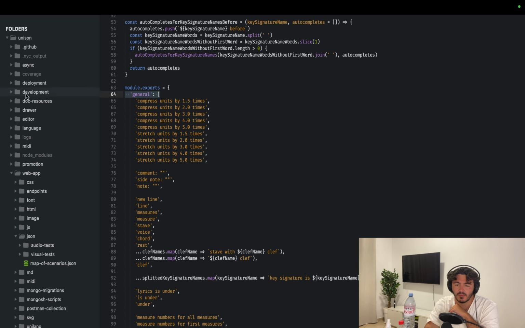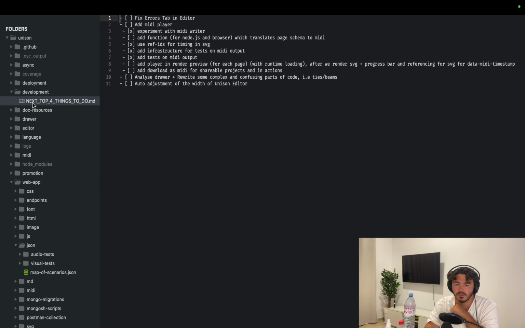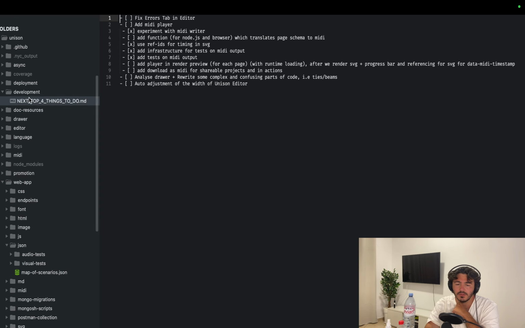There is a folder in my project called development, and here I have a file called next top 4 things to do. If you look, I have one thing, a second thing, a third thing, and a fourth thing. Those are the most important problems at a certain point in time, or the problems I want to solve next. It's nice to have